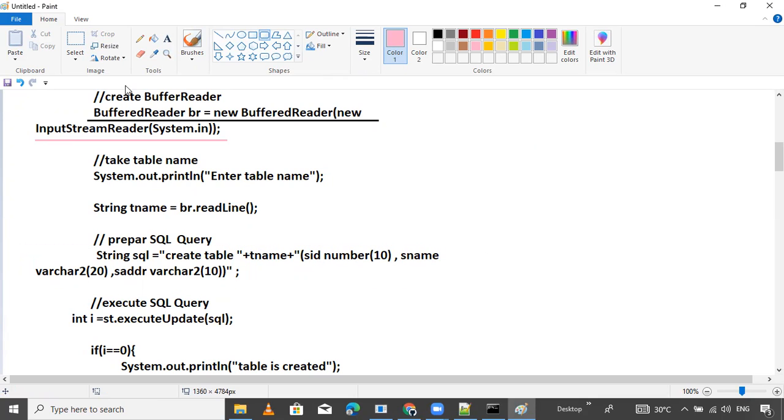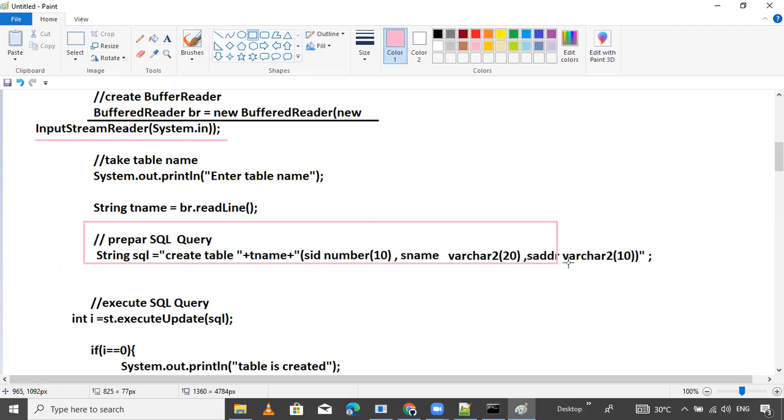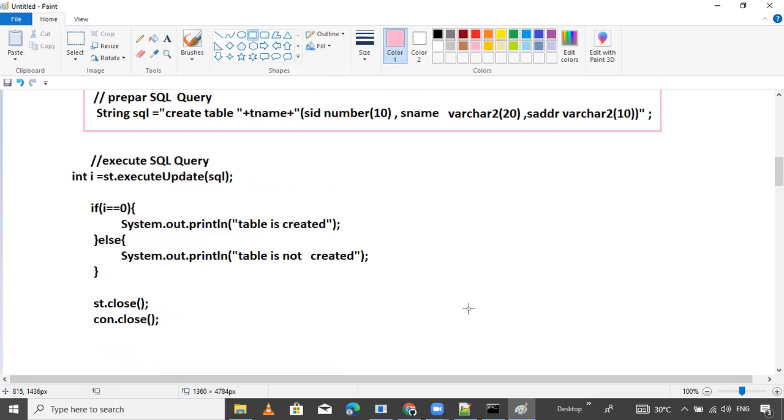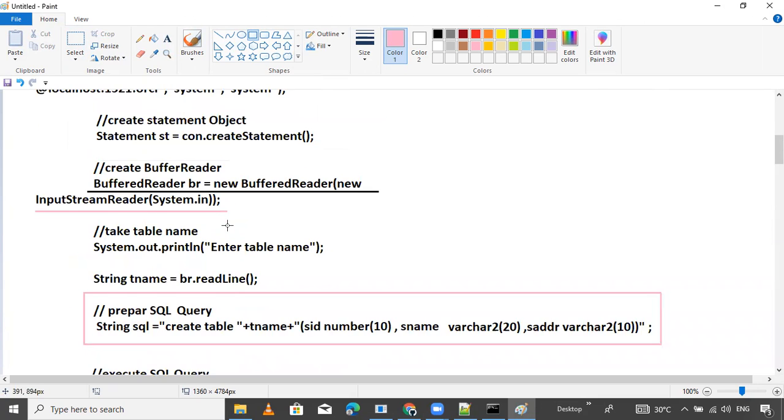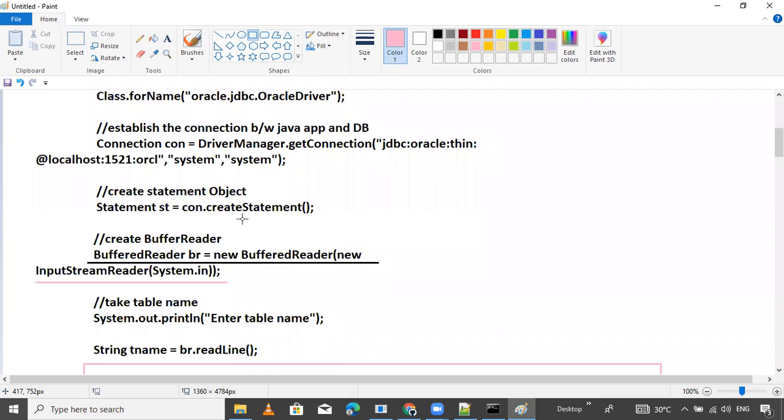One minute. I want to put this query on the same line, so you won't be confused. Okay, this one. That's the important part and nothing else. All the rest is the same. This is creating a table. Now I want to insert the data dynamically. Not required to change.